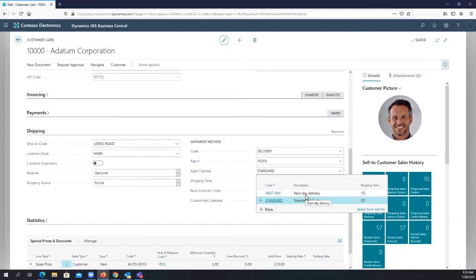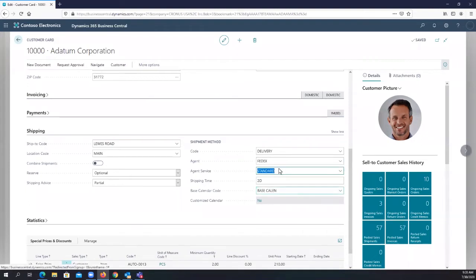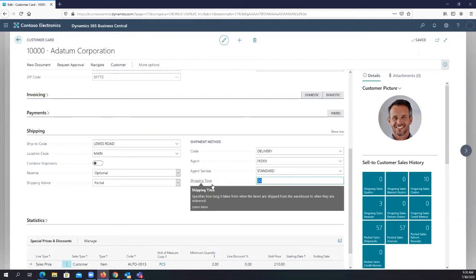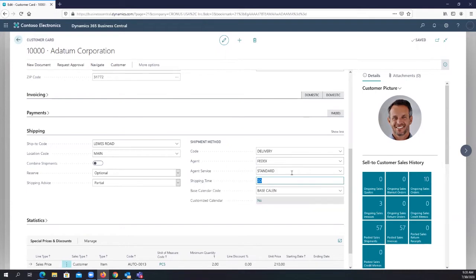So you can then modify your sales order because it's going to be available for you to use in your own catalogs. So the default will be standard. It's 2 days with FedEx, and the shipping time is here. This is the only important thing that I just wanted to show, the shipping time. How many days it takes from my warehouse, because this is important for my calculations to deliver an item to the customer facilities. So of all of this I have mentioned, the most important thing is just this specific field. The shipping time is just 2 days,